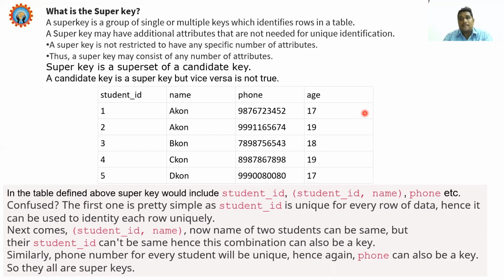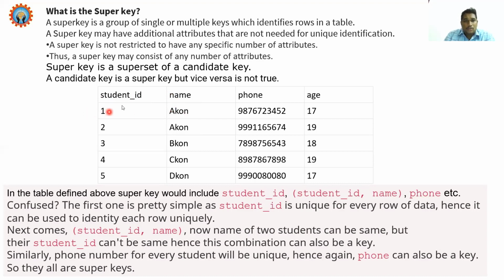But the super key is nothing but, if you want to retrieve a name, see this example. If I want to retrieve a name called Akon, so Akon is a name, Sikon is a name. If I retrieve name by means of name, I will get two Akons. Instead of this, I can retrieve by means of student ID. So the combination of student ID and name is called a super key.